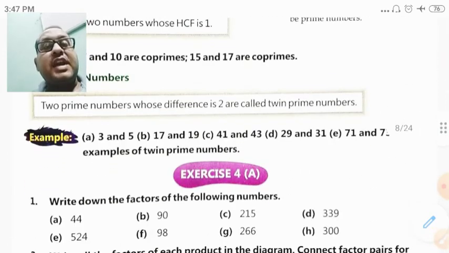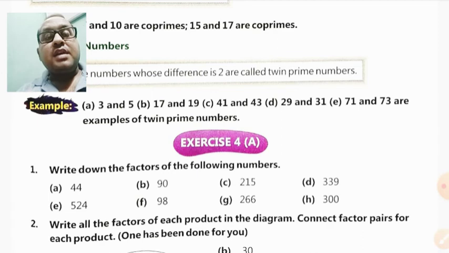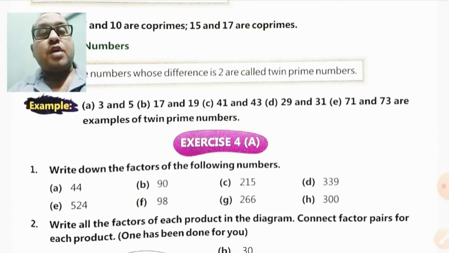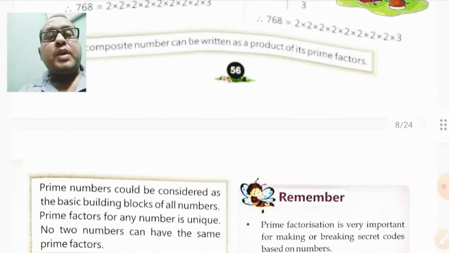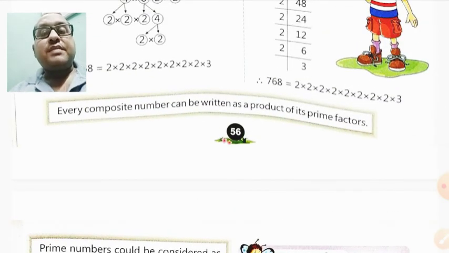I'm going to recap and summarize all the exercise in this and the previous video. We have discussed the basics of the prime factorization method, and prime numbers, composite numbers, even numbers, odd numbers, co-prime numbers, and we have also discussed twin prime numbers and the basic definition of factors and multiples, and a few questions related to these basic approaches and the method of prime factorization.